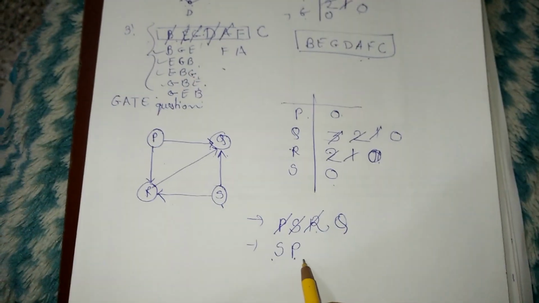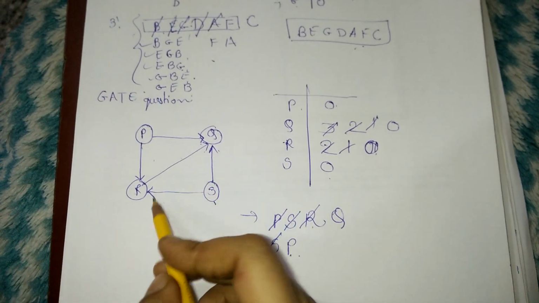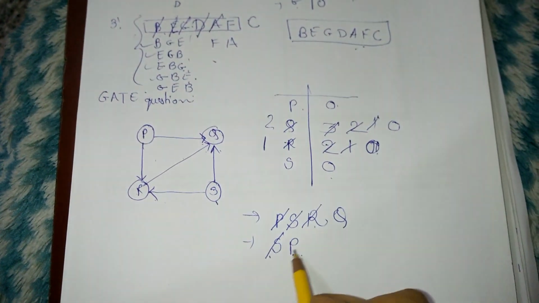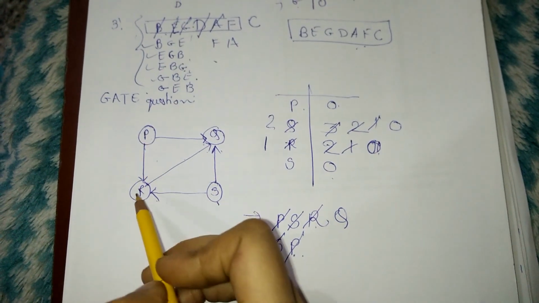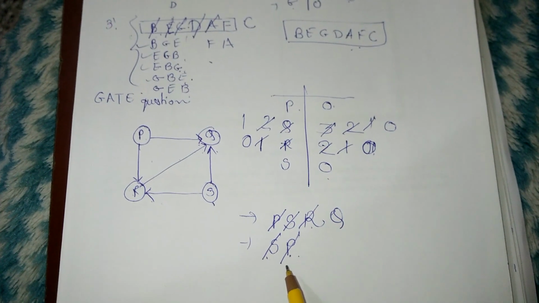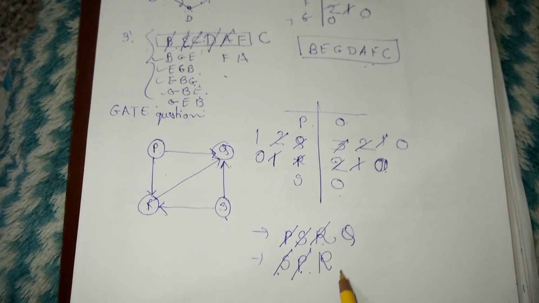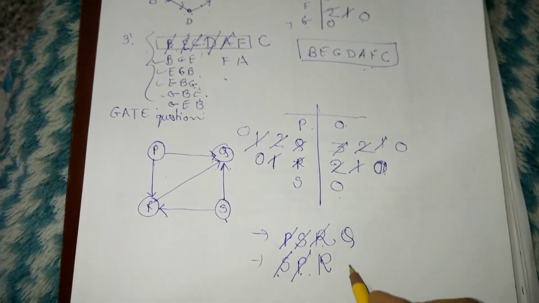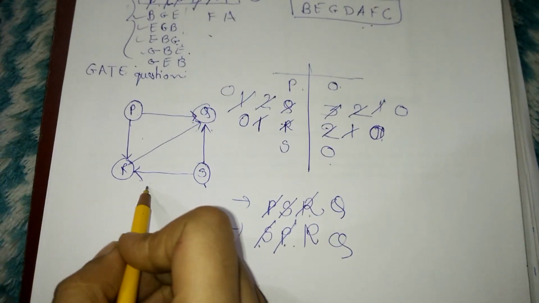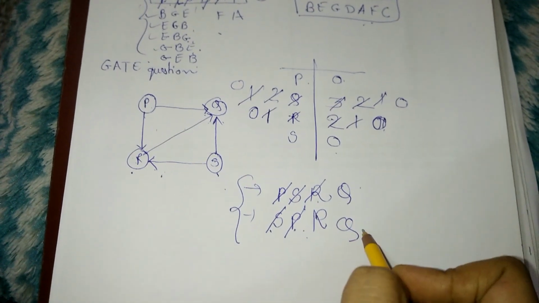Again, if we take the sequence SP, then first we visit S, and the neighbors of S, that is Q and R, will be decremented by 1. Then we visit P. Again the neighbors of P are R and Q, so the in degrees of R and Q will be decremented by 1. As the in degree of R becomes 0, R will be inserted first and lastly Q. So these are the two possible sequences of topological sort for the given graph. So the correct answer is whichever option has these two sequences.